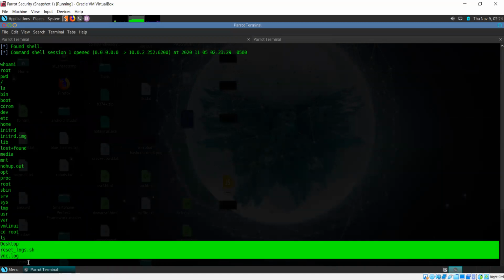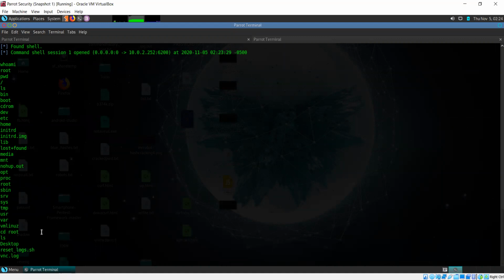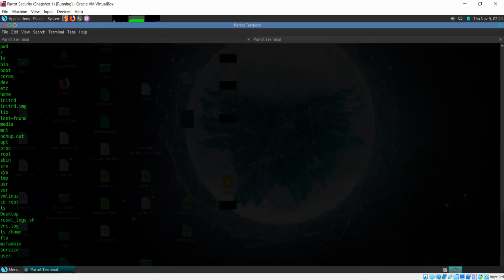Someone asks to run ls /home to see the contents of home. It contains usernames: msfadmin is one, then service user, and the FTP directory is also present here.